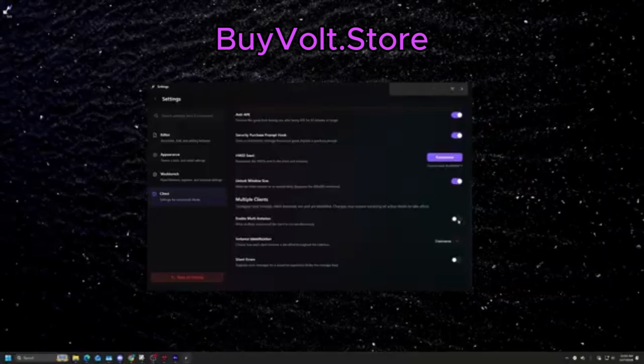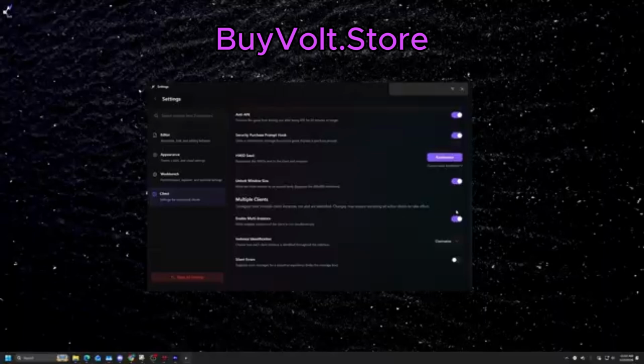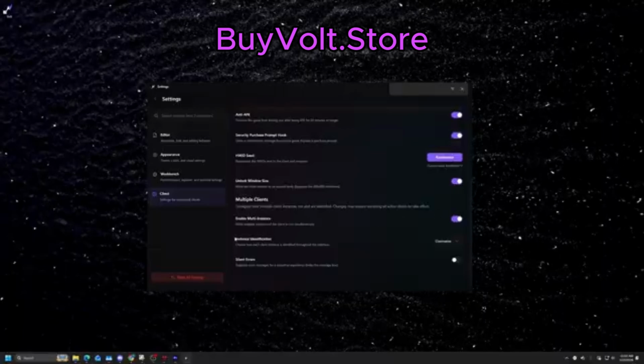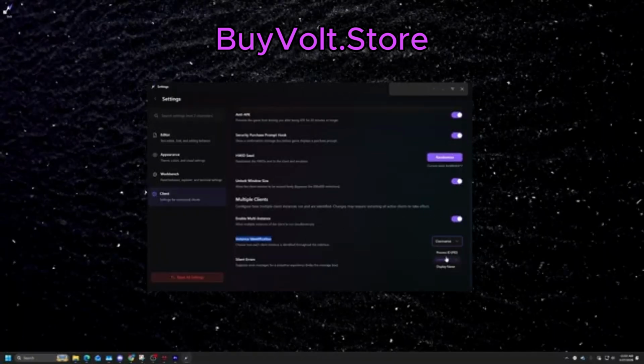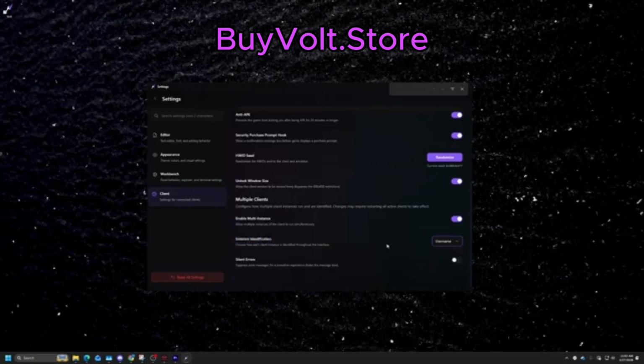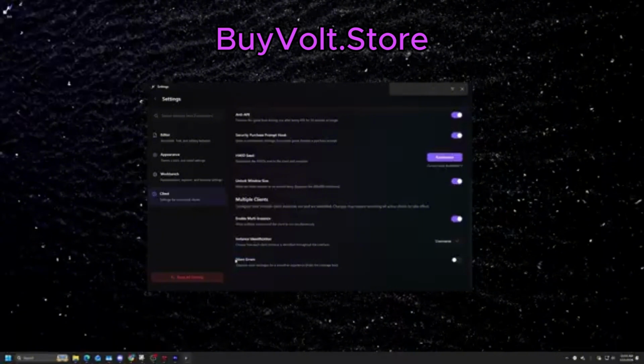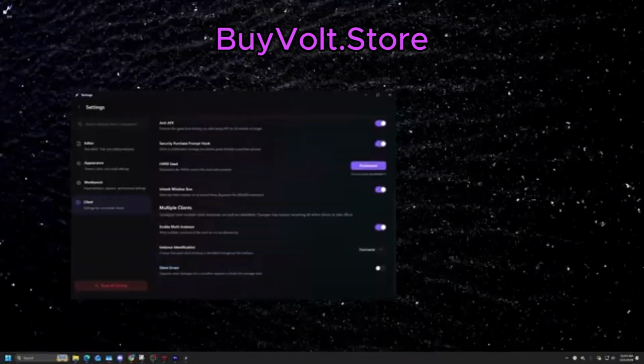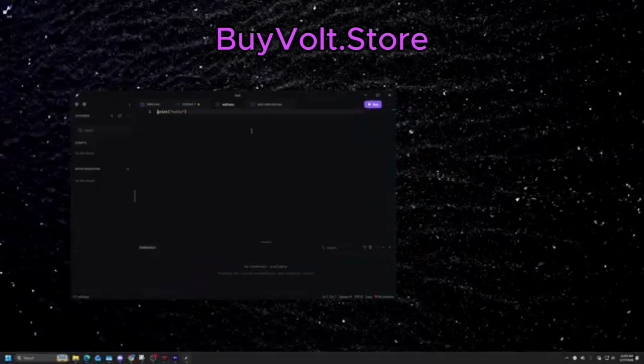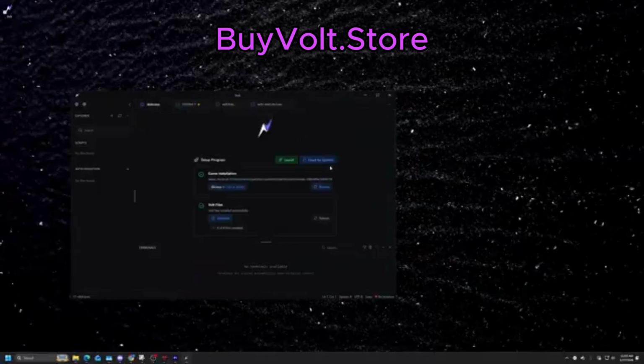You can turn on multi-instance right here, which allows you to have unlimited instances. And then instance identification, you can sort them by process ID, username, or the account's display name. And then suppress error messages for a smoother experience. So yeah, silent errors is right here as well. So that is all the features inside of settings, and now we can actually go into a game, and we're